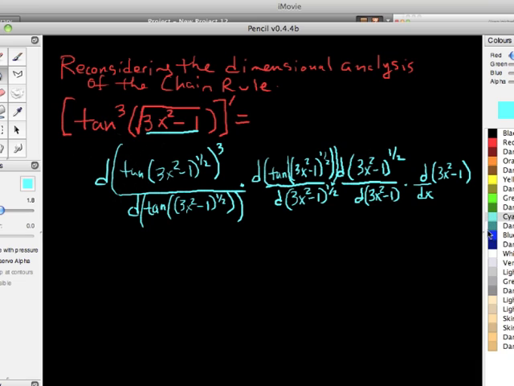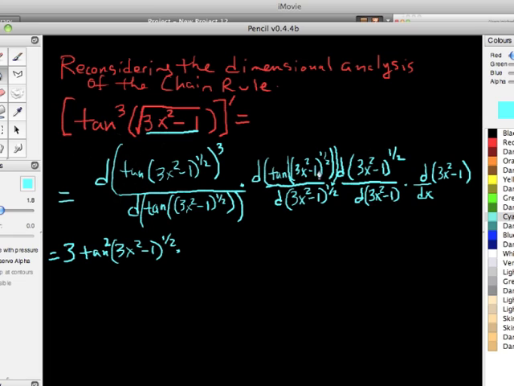So do you want to work left to right or right to left? I'm going to work from left to right. It's very satisfying. The derivative of this thing raised to the 3rd power with respect to this thing is just 3 times the thing, 3x squared minus 1 raised to the 1/2 power, and then squared. Okay, I'm just going to put the squared there because that's sort of the convention. Times the derivative